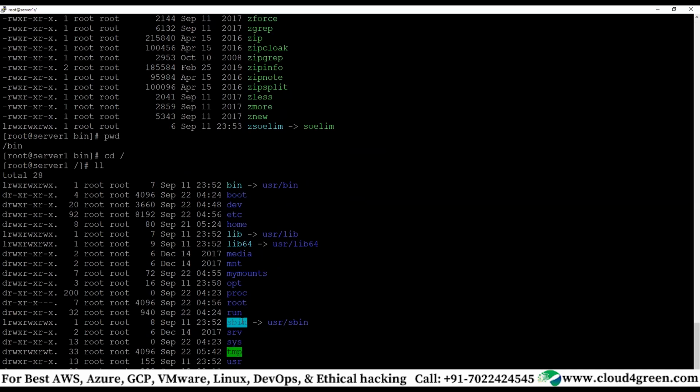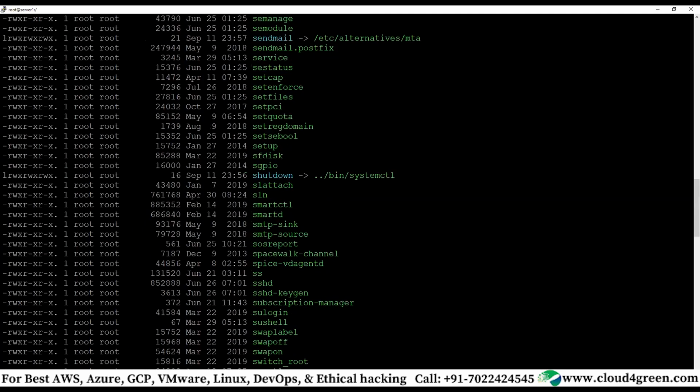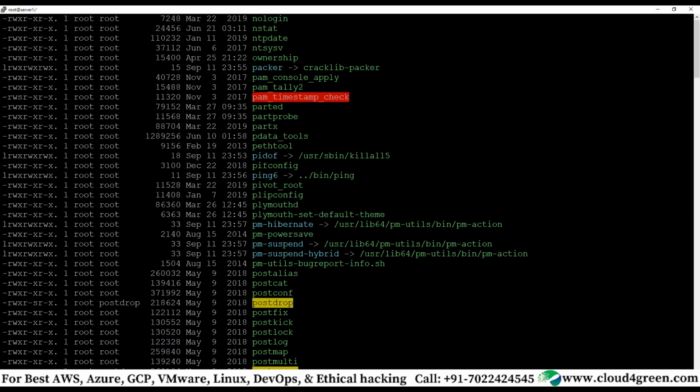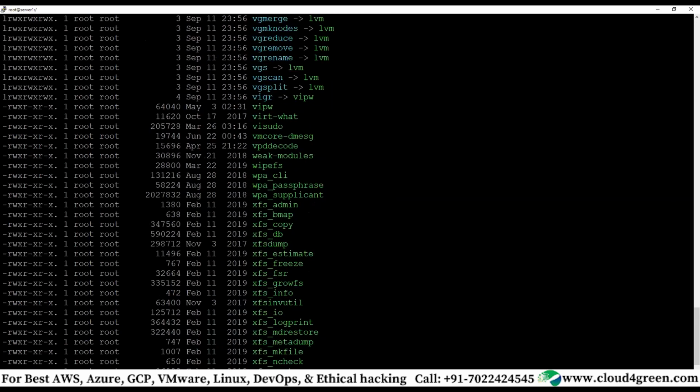So sbin is where you will get system level commands. System level commands means in order to execute them, you need super user permissions or root user. Clear?